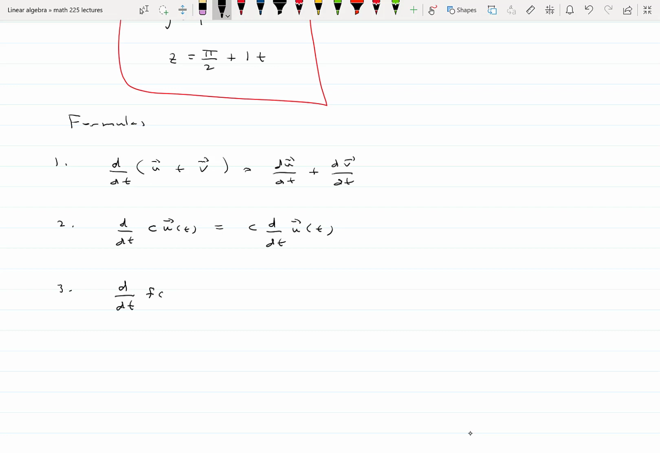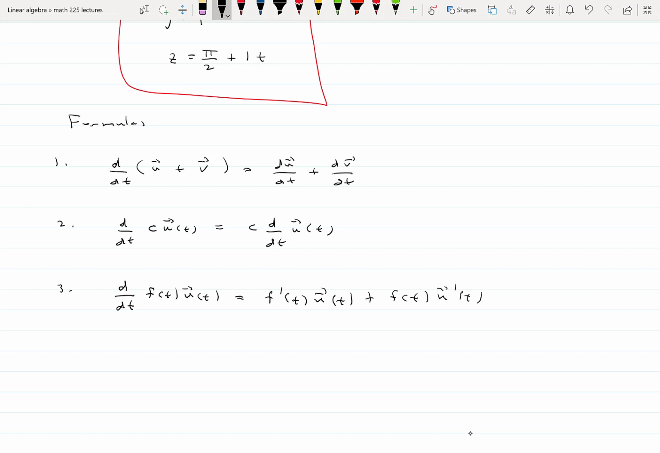Close. Scalar function times, not dot product, not cross product, just times vector function. This looks like the product of two functions, but it's a product of two very different kinds of functions, a scalar function with a vector function. Well, we have a product rule, and it has to be written this way. It's the derivative of the first times the second vector function